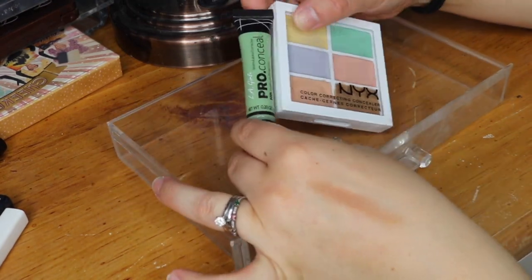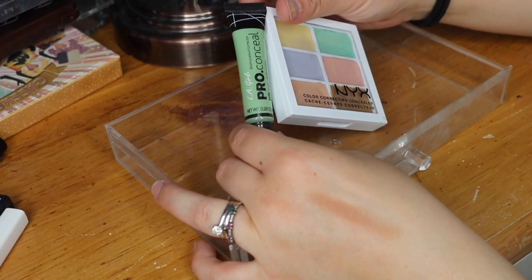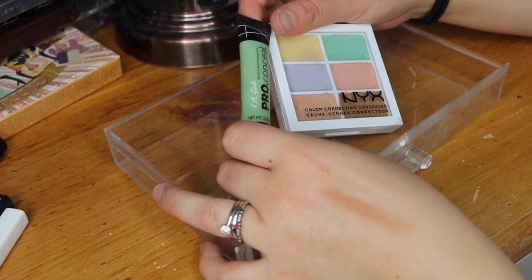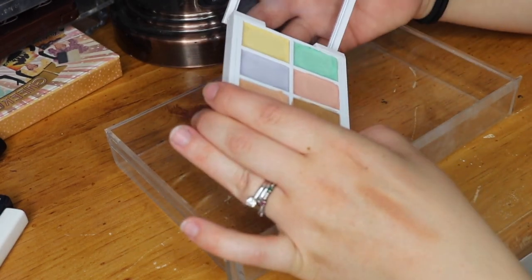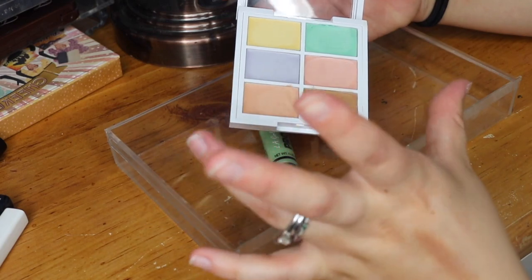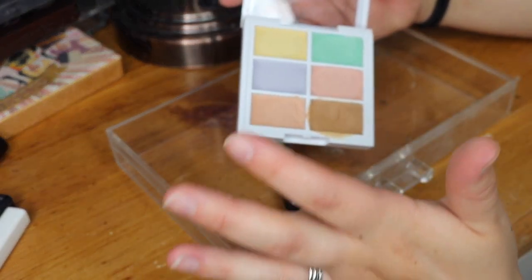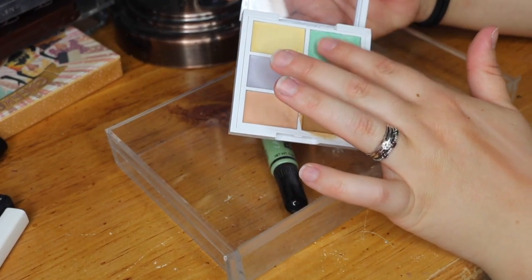Do I color correct very often? No, but I'm just scared that I get rid of these and then I need it. So maybe I should keep one, and since this is a palette and there's more in here, I feel like I should keep this one. But I know that I will never ever use any other color in here. The only color correcting color that I could see myself ever using again is the green, and this is